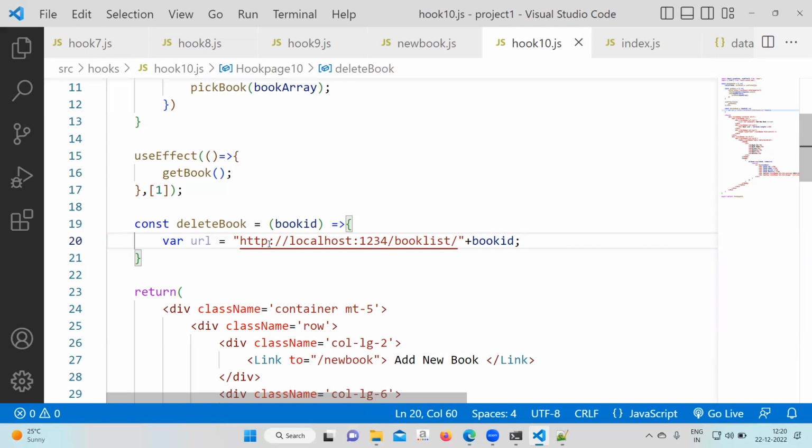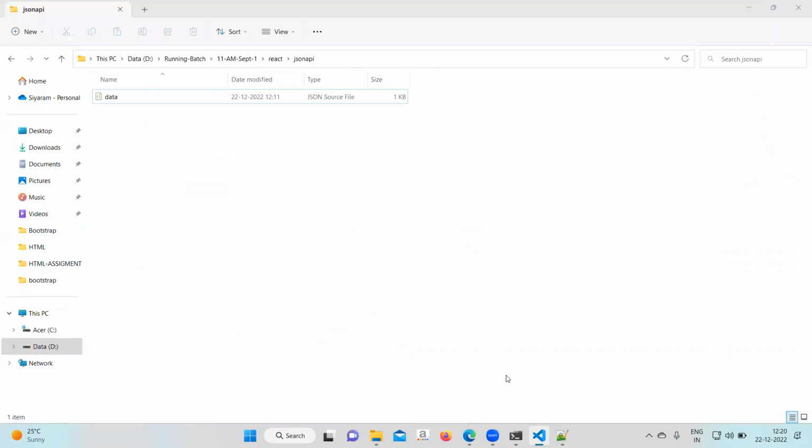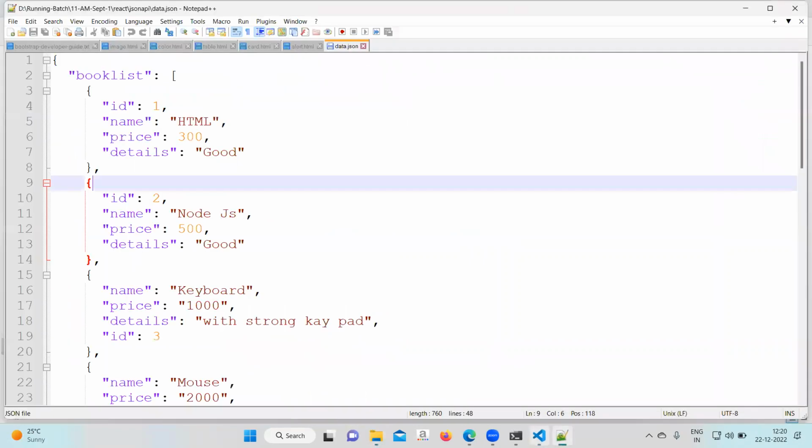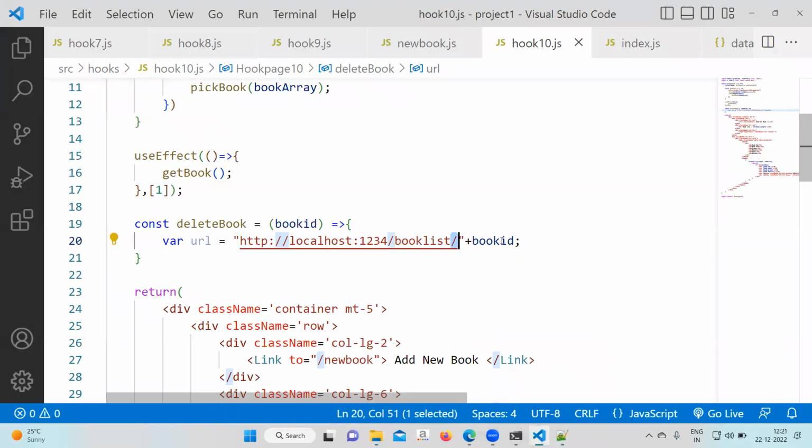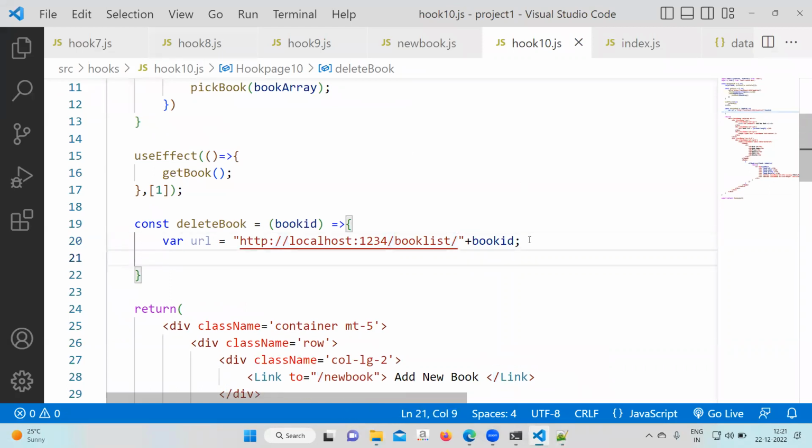Many times we'll make the mistake of not giving the slash at the end. If we don't give the slash at the end, it will not generate the proper URL. It will not delete the record. So make sure the slash is there at the end. Next, after that,